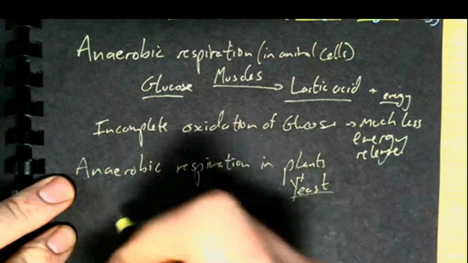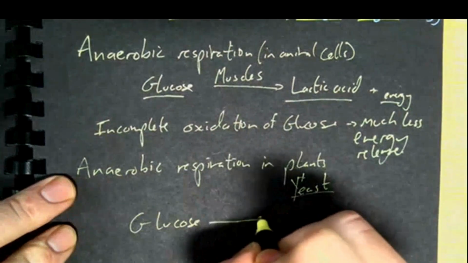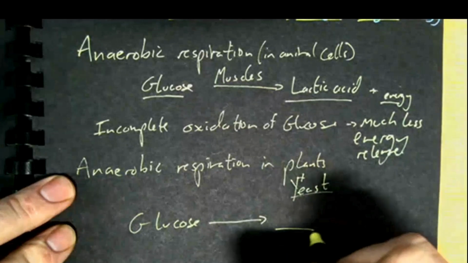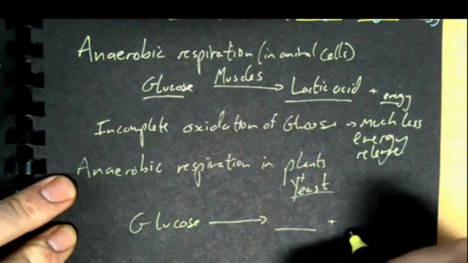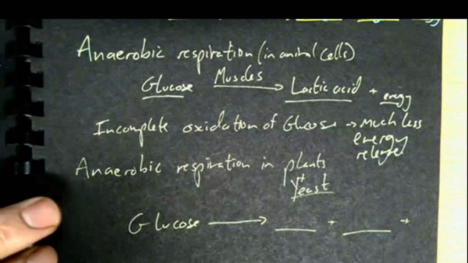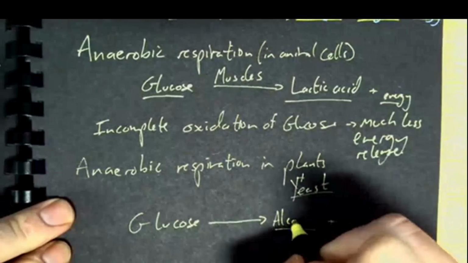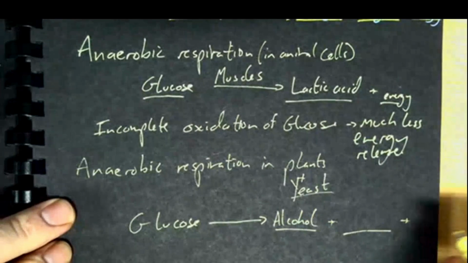Let's pick yeast, and we're going to take in some glucose. Those yeast are going to do some anaerobic respiration, and I'm going to produce a couple of products this time, and those products are an alcohol, often ethanol,